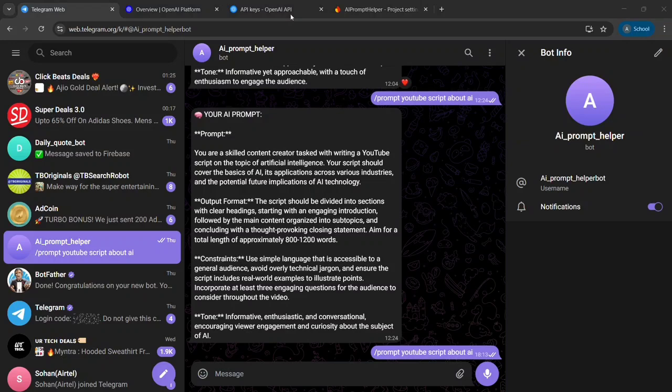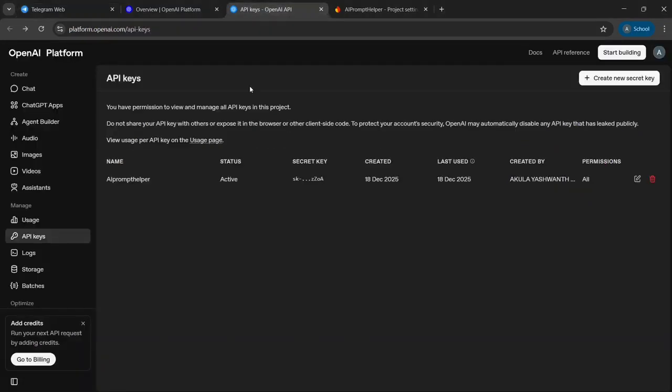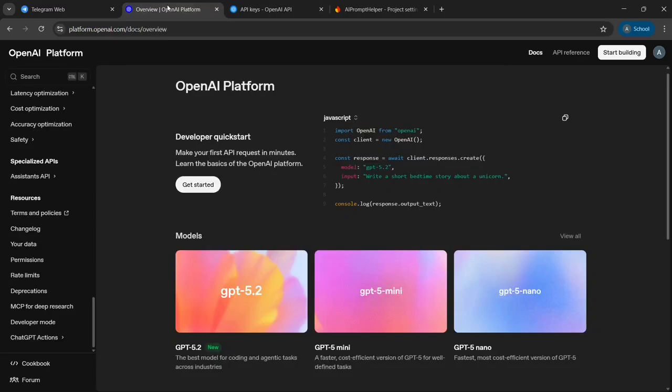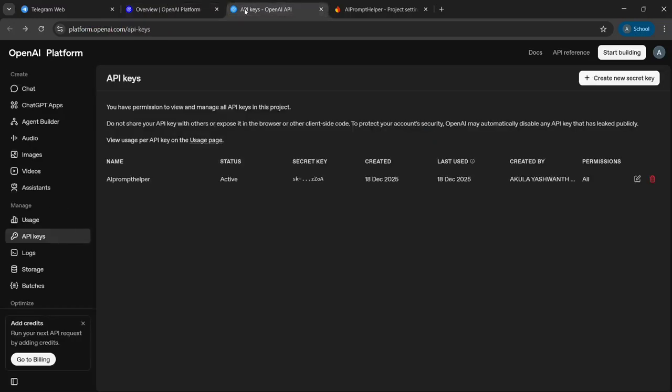Now, for this bot, I used the API key which I took from the OpenAI platform. In this, we can get APIs of ChatGPT, Perplexity, whatever AI is present. In this, I went to API keys and I created the API key named API prompt helper, and I got my secret key. From this, then